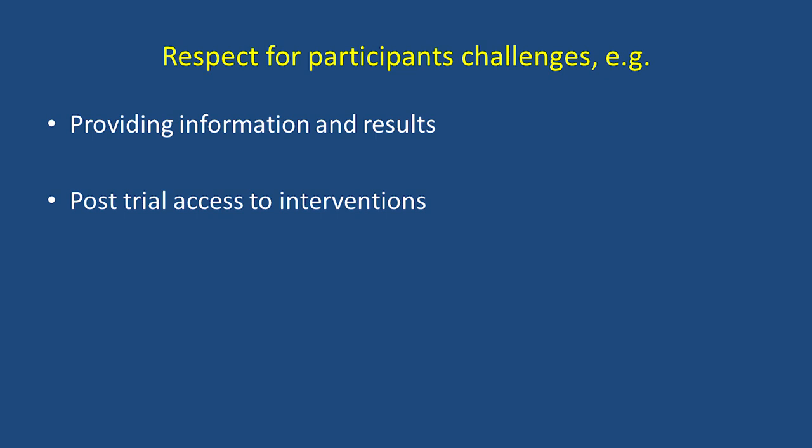I'm just going to name two because these are things that I think are really important and we haven't given them enough attention. Providing information and results. People volunteer to participate in a study. They participate for a month, a year, 10 years, and they often never hear what happened, what the findings were, what the results were. I think that's ethically problematic. People should be able to get information about what happened, what was learned from their participation, from their contribution. There are ways to do that. We don't do it very well.